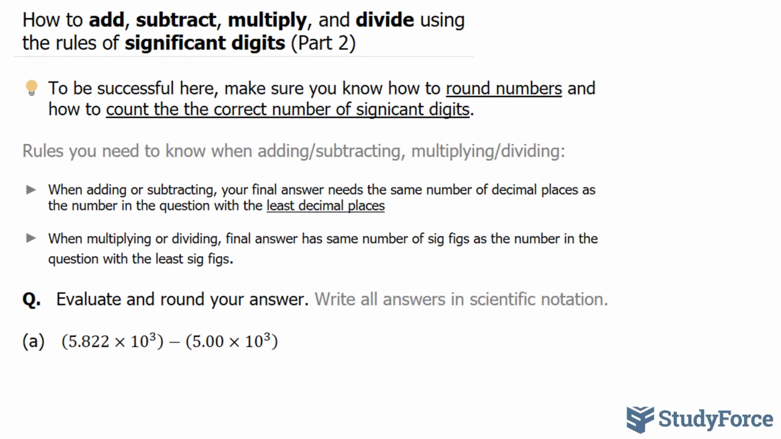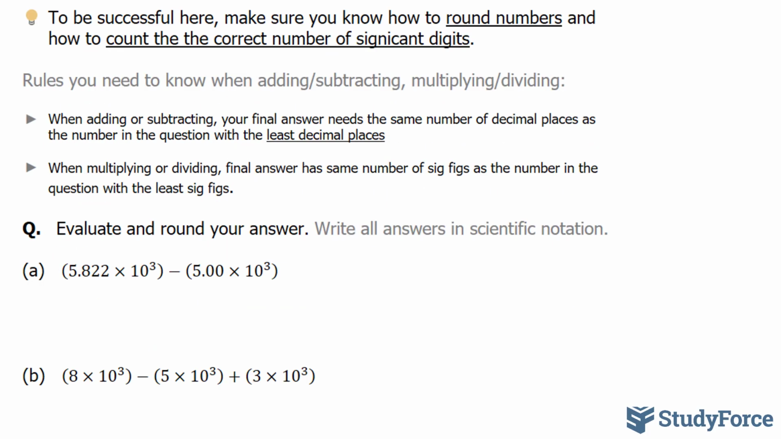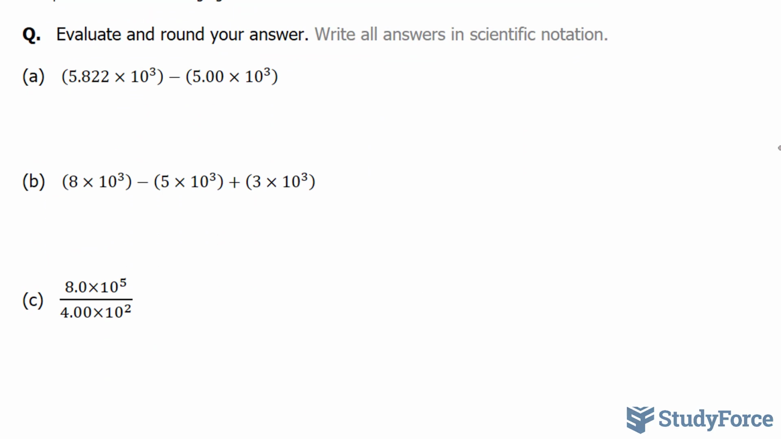In this quick demonstration, I'll show you 6 examples on how to add, subtract, multiply, and divide using the rules of significant digits. As discussed in part 1 of this series, we looked at these 2 rules and we'll be referring back to them as we complete each question. Starting with the first question, they want us to evaluate and round our answers, and then finally write each answer